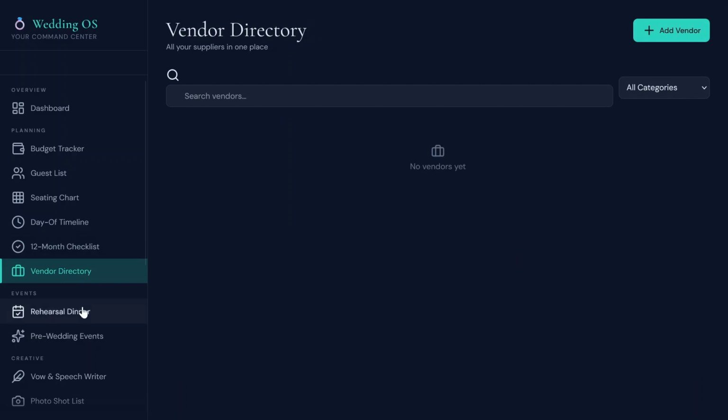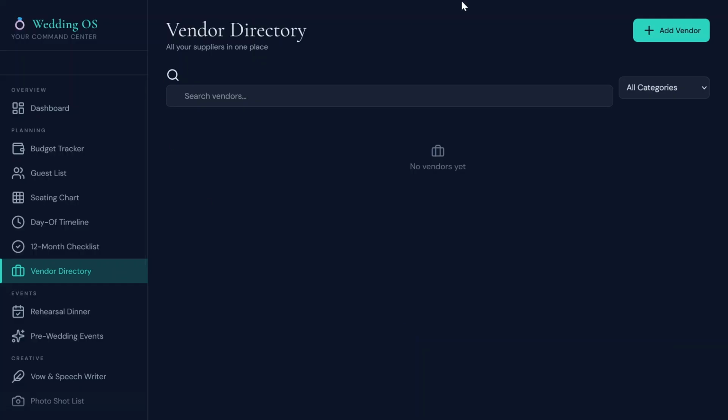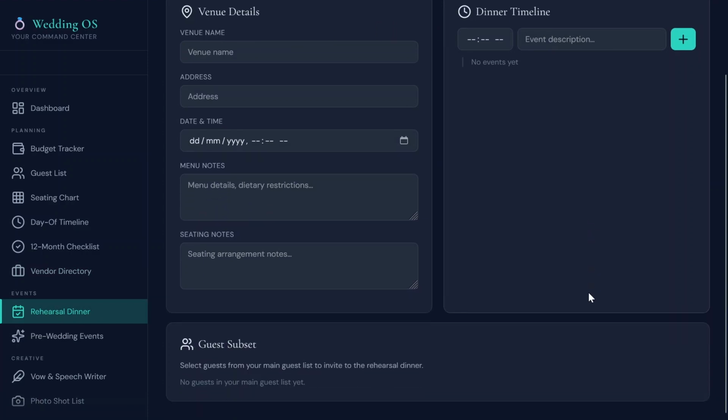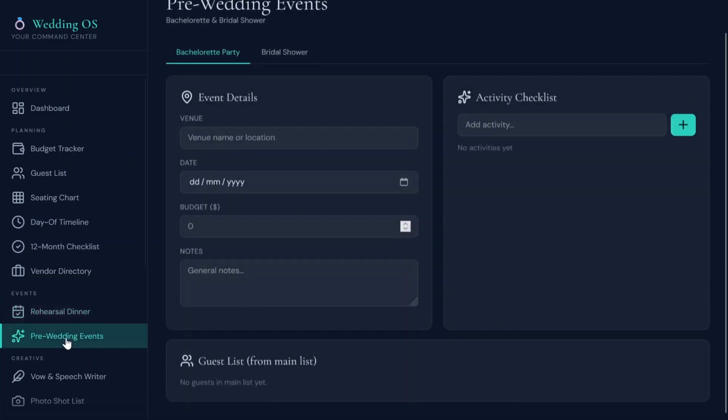Then next is the vendors directory, and again you can add all these. We are not going into the details of how we are going to input our data and how it will be displayed in the dashboard, but this is just an orientation. So vendor directory, then we have the rehearsal dinner, its venue details, timelines and the guest subsets, and then pre-wedding